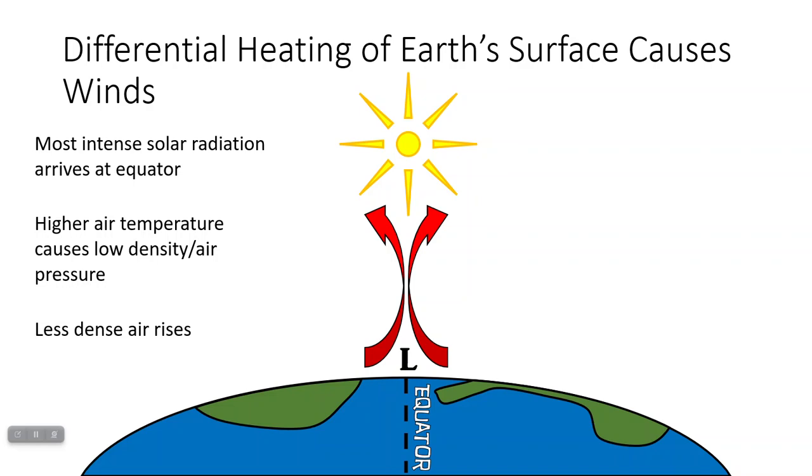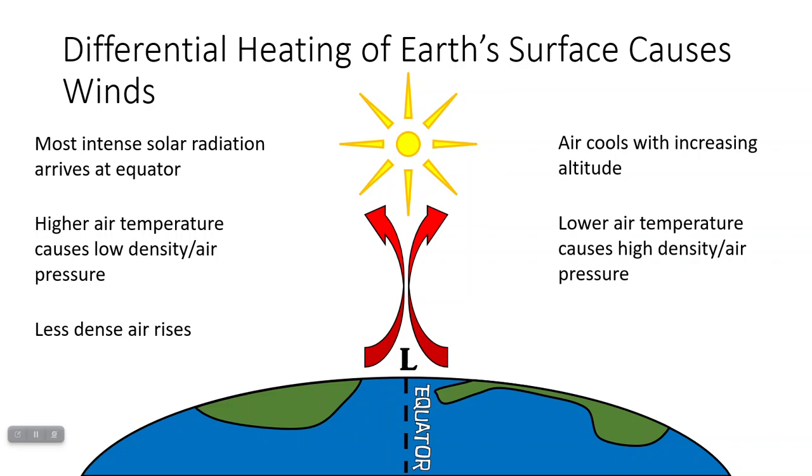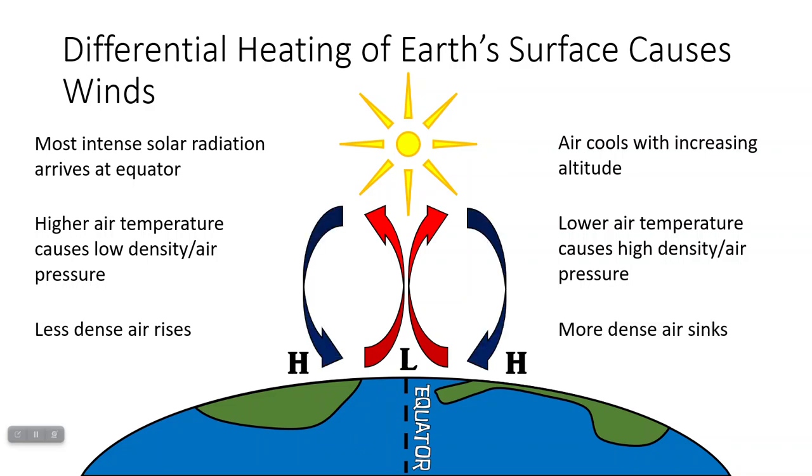Then once it's away from the heat source, meaning once it's away from the surface of the Earth as you rise in the troposphere, you're going to get colder temperatures. So the air cools with increasing altitude or distance above the Earth's surface. That lower air temperature is going to result in a higher density because those molecules start contracting towards each other. And that's going to cause an increase in air pressure,